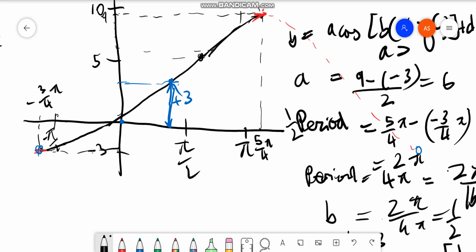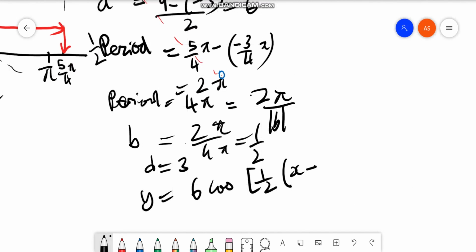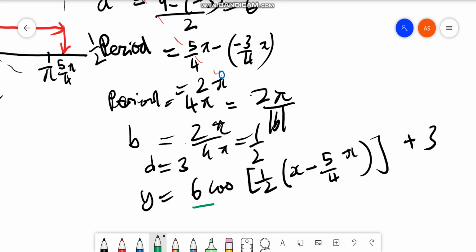So cos we usually go like this. So cos will go, but then it has moved this much. This point is 5 over 4 pi. That means it has moved right by 5 over 4 pi, plus 3. The final equation